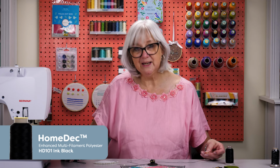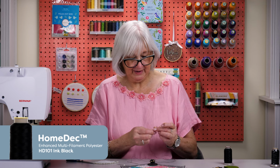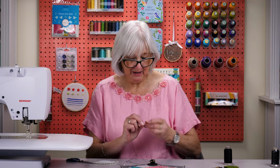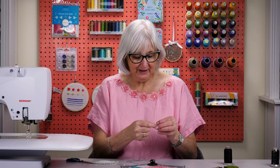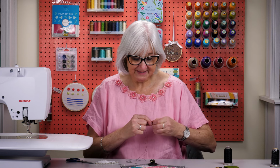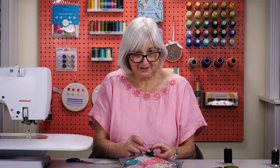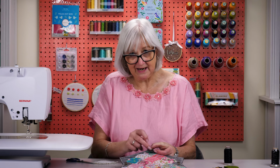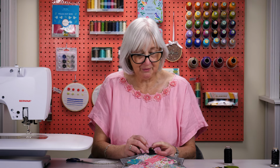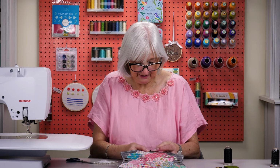Again, it's a multi-filament thread, so it's really strong, and that's the one I'm going to use. I'm using black because I don't really want to have anything stand out. You can, depending on what it is that you're doing, of course, do a contrast thread as you're stitching the closure on, but in this case I want it to just be black, so it's going to blend in,